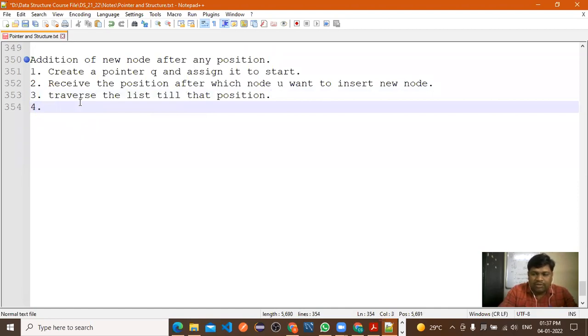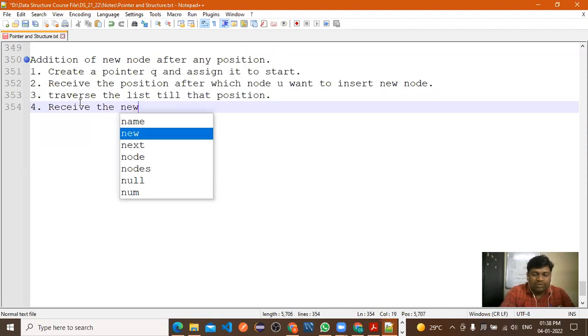So we will traverse through the list to that specific node, right? Once you are able to, you will identify the specific position. So after that, receive the new node